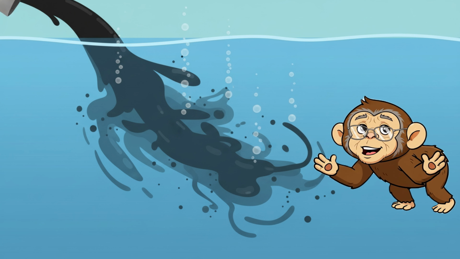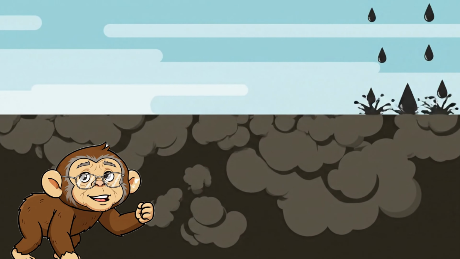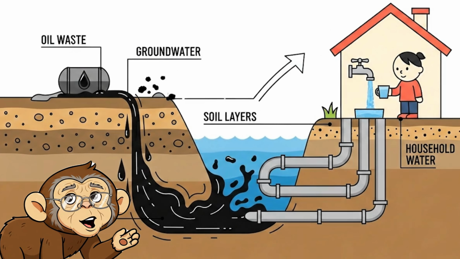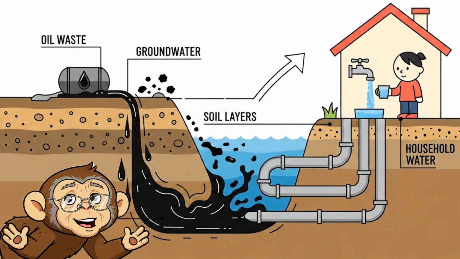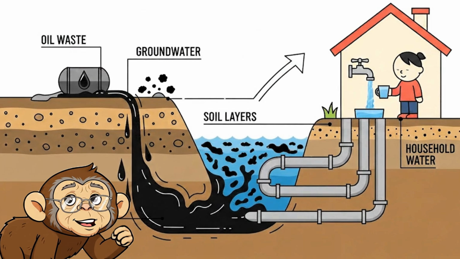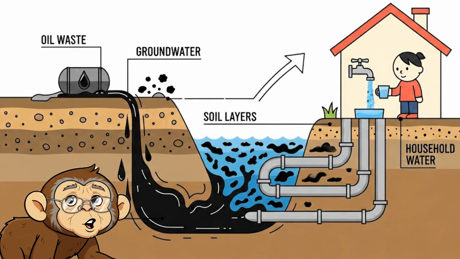This not only harms our underwater ecosystem, but pollutants also reach groundwater. Eventually, it enters our homes in the form of polluted water that we use in our daily activities, including drinking water. But the most important question is, what causes water pollution?